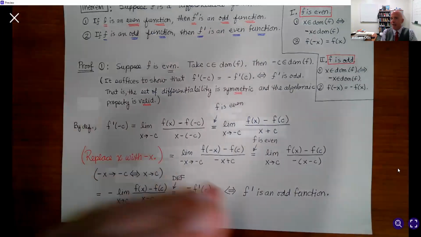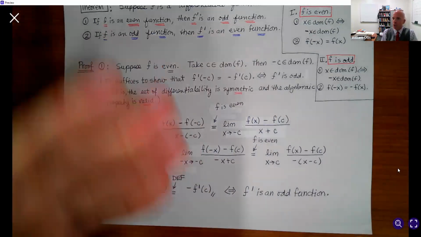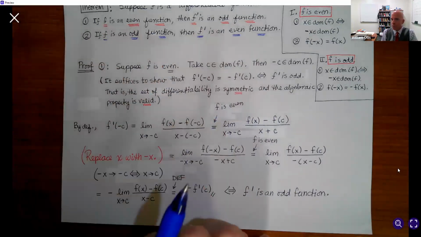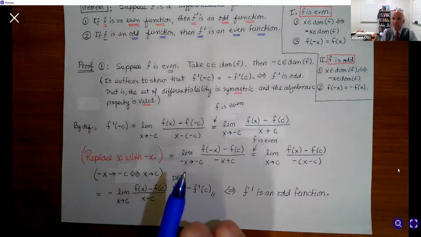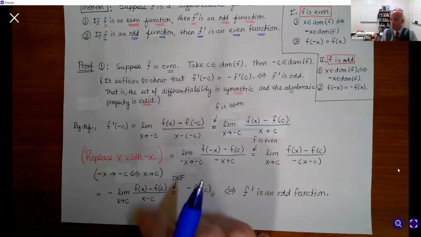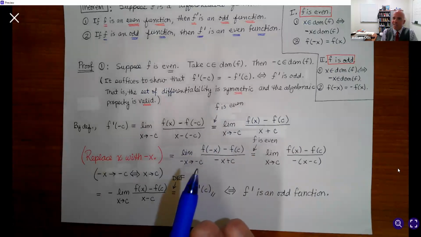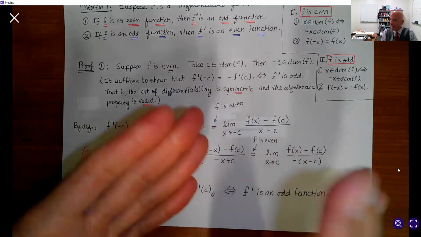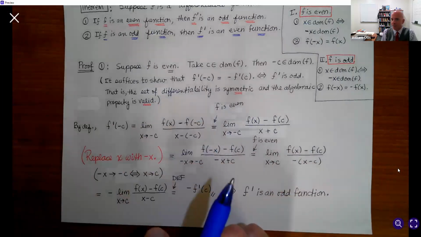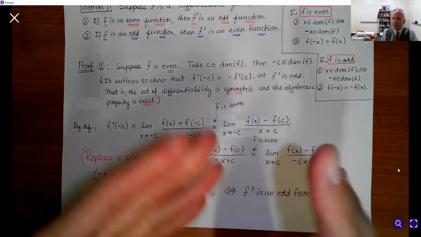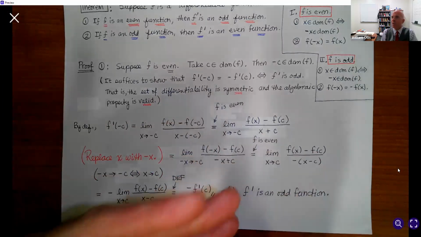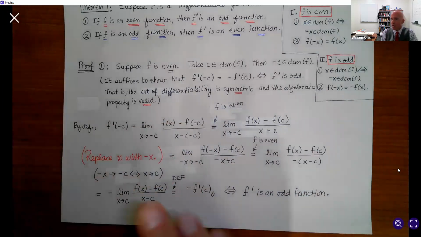Now, clearly, not all functions possess even or odd. I mean, that's fairly restricted, but you do know some really important functions that share these properties, mainly some trig functions. So it's going to be interesting. And plus, the polynomials give us all kinds of even and odd examples. So this will be really interesting as you start taking derivatives. So that's good. That's an interesting result. Now, what I want to do